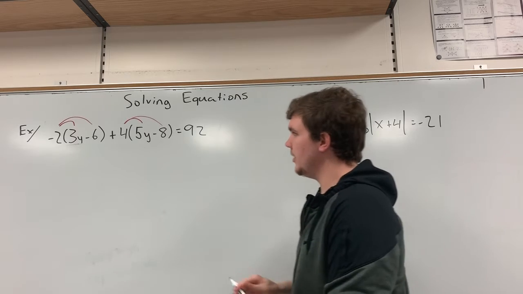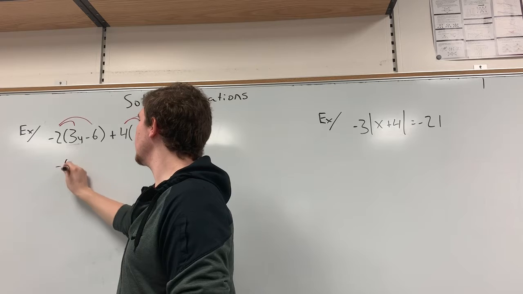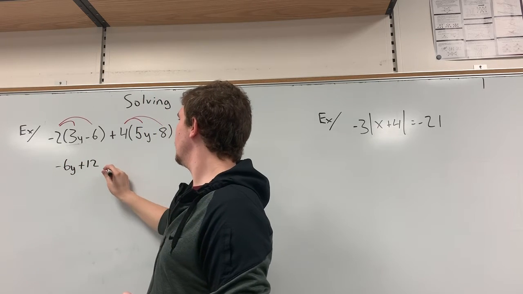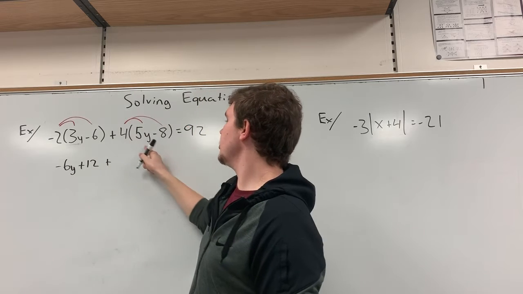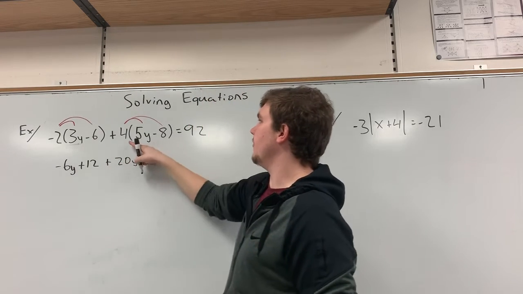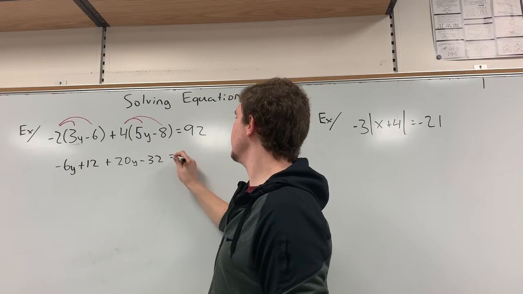Okay, so when I do that, I have -6y plus 12, and plus 4 times 5y is 20y, and then 4 times -8 is -32, and that still equals